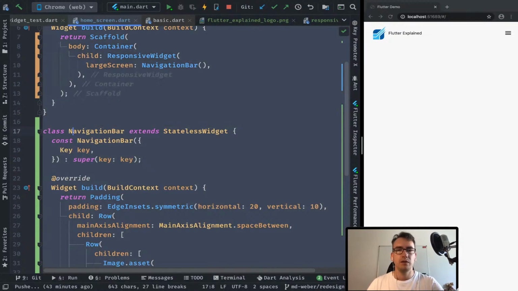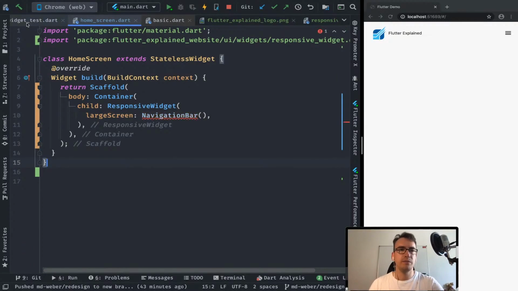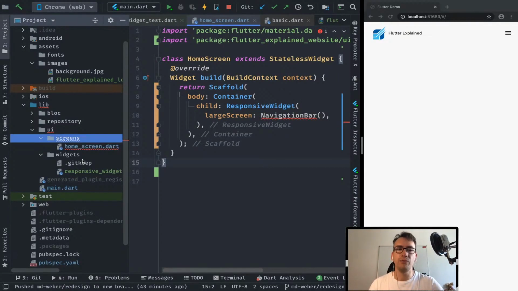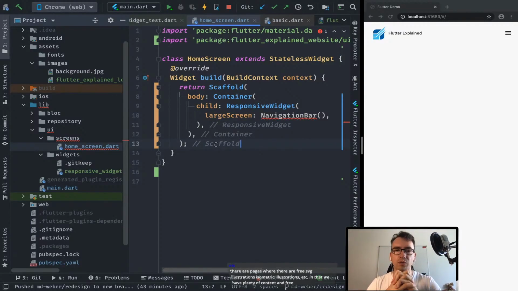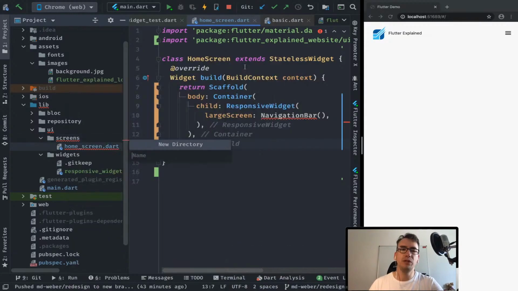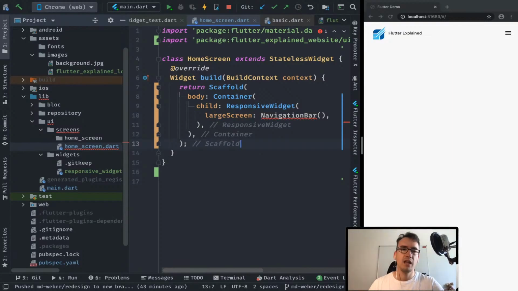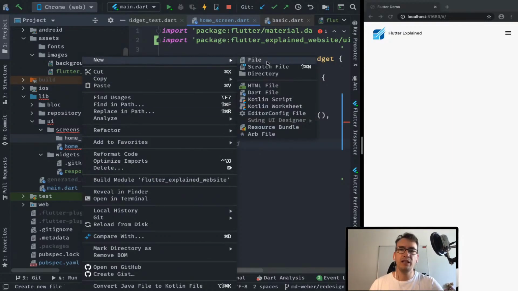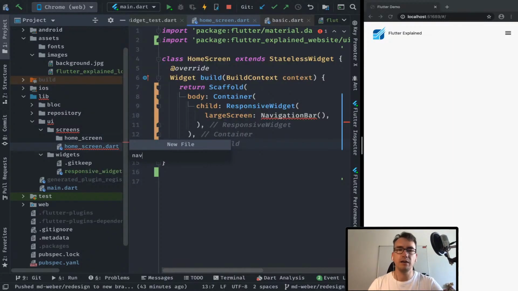Select the whole widget here and bring that into its own file. Because this widget is only used at the moment inside of the home screen, I will not put it here in this widgets folder. In this widgets folder, we will only keep stuff that we want to share across the whole application. So what I will do is create a folder inside of screens called home screen, and inside of here, we will keep the files that are currently only